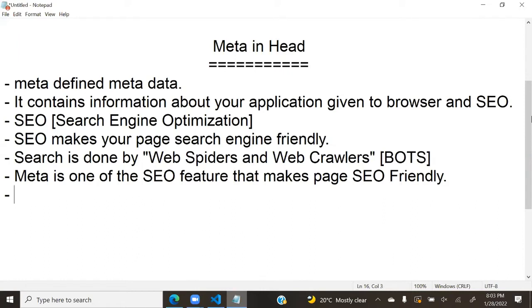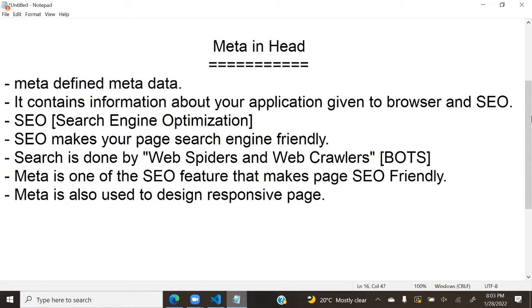Another option is that meta is also used to design a responsive page, but a responsive page is not enough with only meta. Meta is one option. You need to remember this.